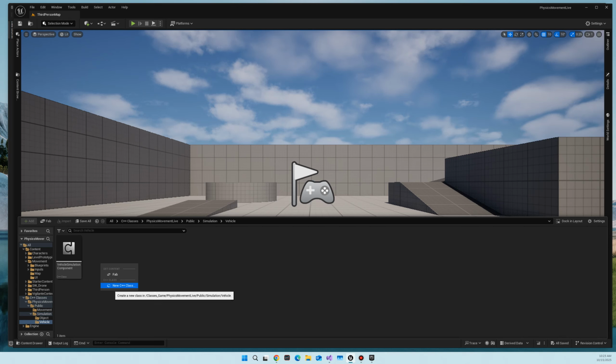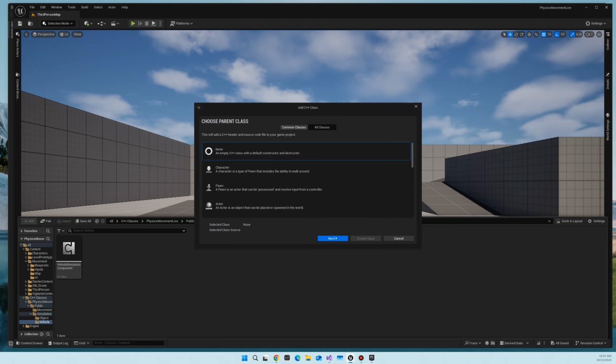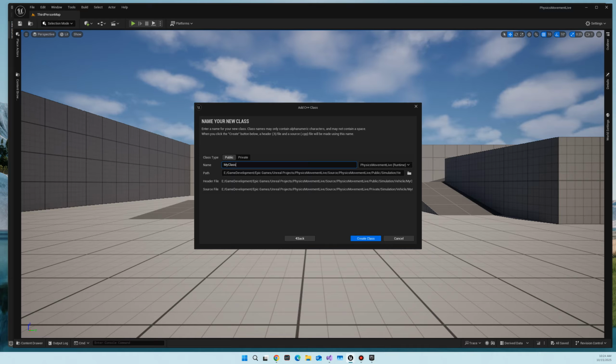So I'm just going to right click under vehicle and say new class. And since Unreal Engine doesn't have a blueprint for structs, we're just going to have to convert a standard C++ one instead. So I'm just going to click on none, go to next,